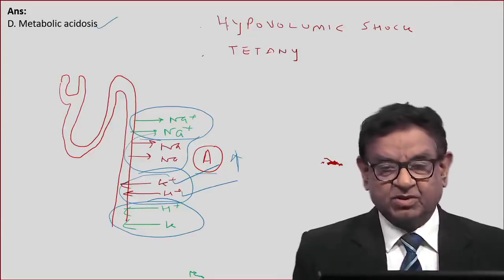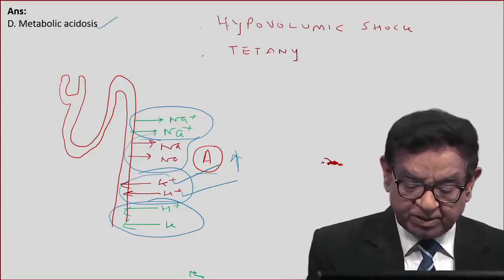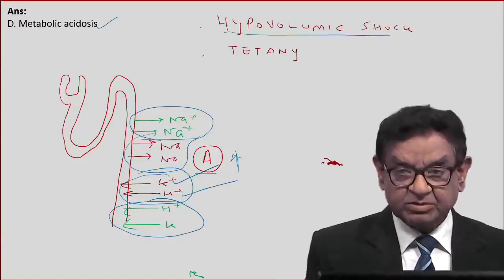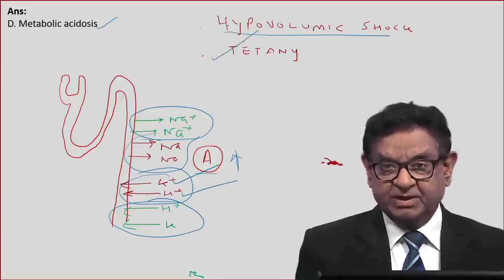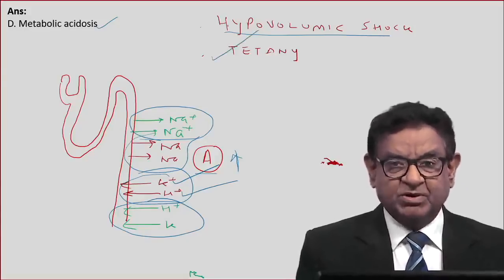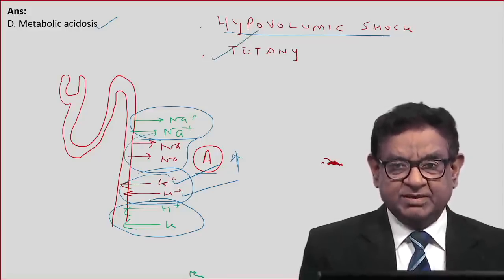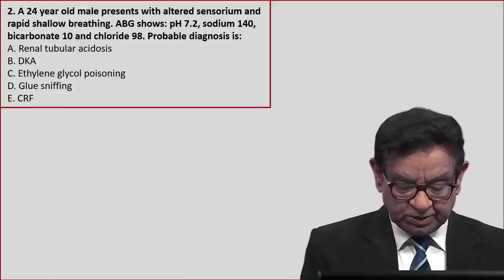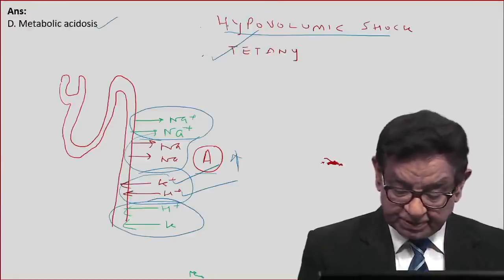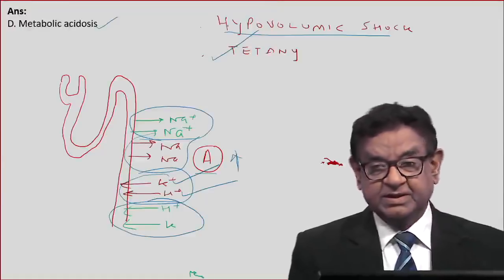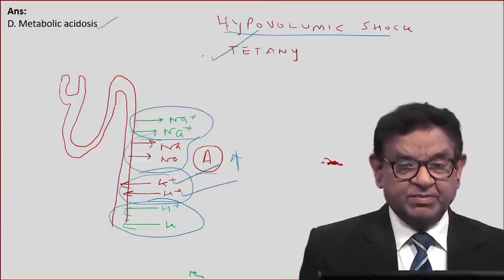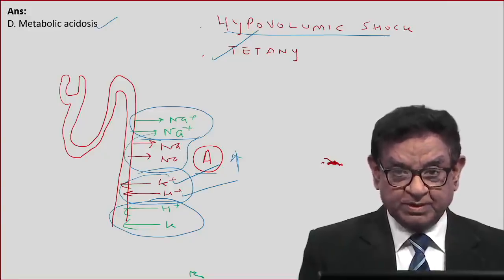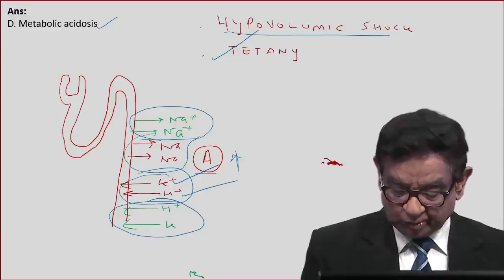Now what are the other effects of severe vomiting? The patient will develop hypovolemic shock, obviously. What else? Because of alkalosis, the patient may develop tetany also, because due to alkalosis the ionized calcium level is reduced, and that's the reason why tetany occurs due to vomiting. So, a quick recap of what we learned: in case of chronic vomiting there will be metabolic alkalosis, hypokalemia, hypochloremia, and of course hyponatremia will happen.